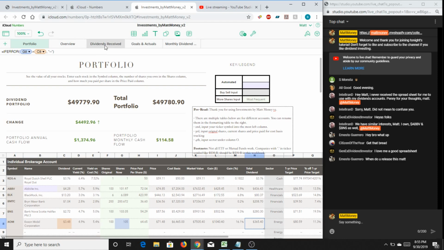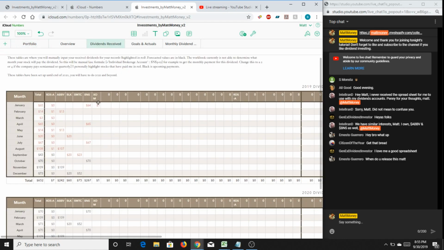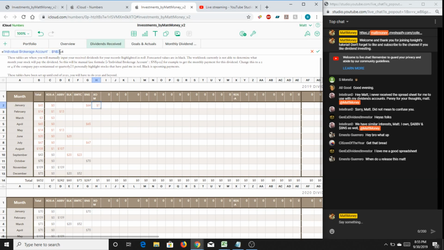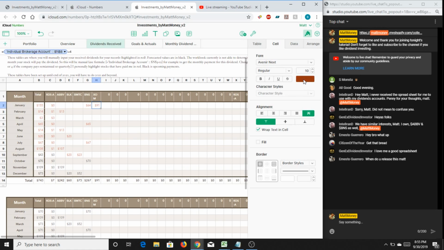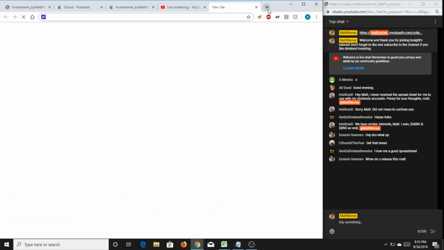So now we'll go back to dividends received and just change this to an 8. And now we kind of have an idea as to what we should be getting on a quarterly basis. And you can see I divided this by 4 because what it has currently on the table that we are referencing is the total dividend per year, and what we're looking for is the quarterly dividend and when it's going to happen. So at the moment I just have this in January, but what I would probably do is go